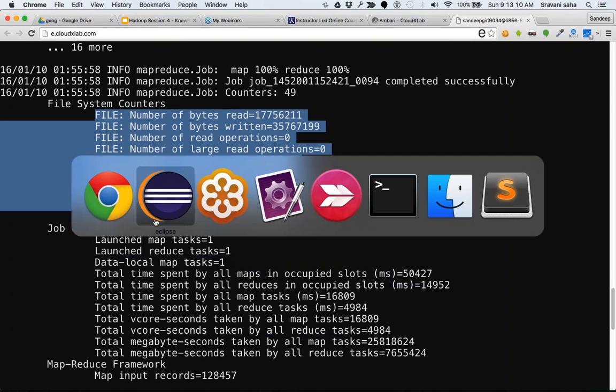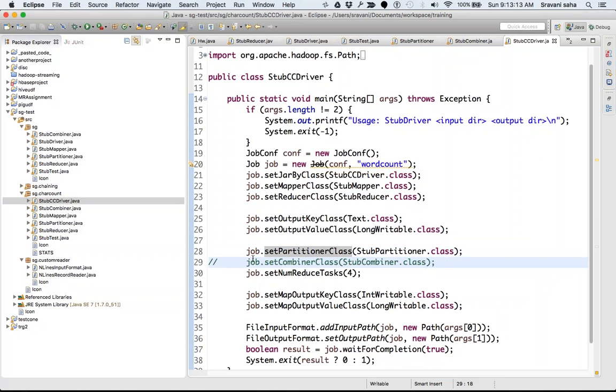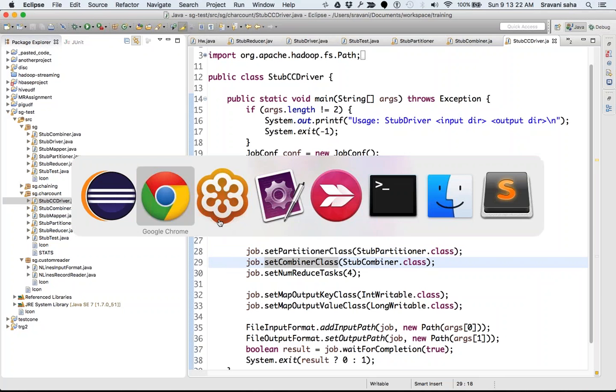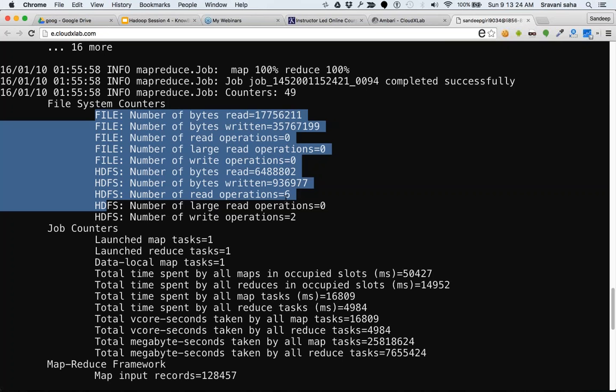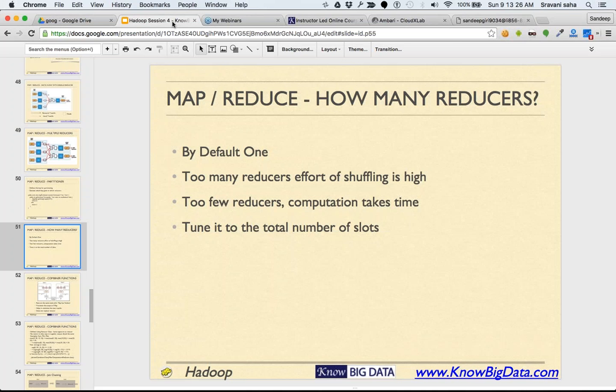Okay, so you must try this word count problem with and without the combiner class. You will know the difference. All right, now there are some catches. There are some catches. The catches are,